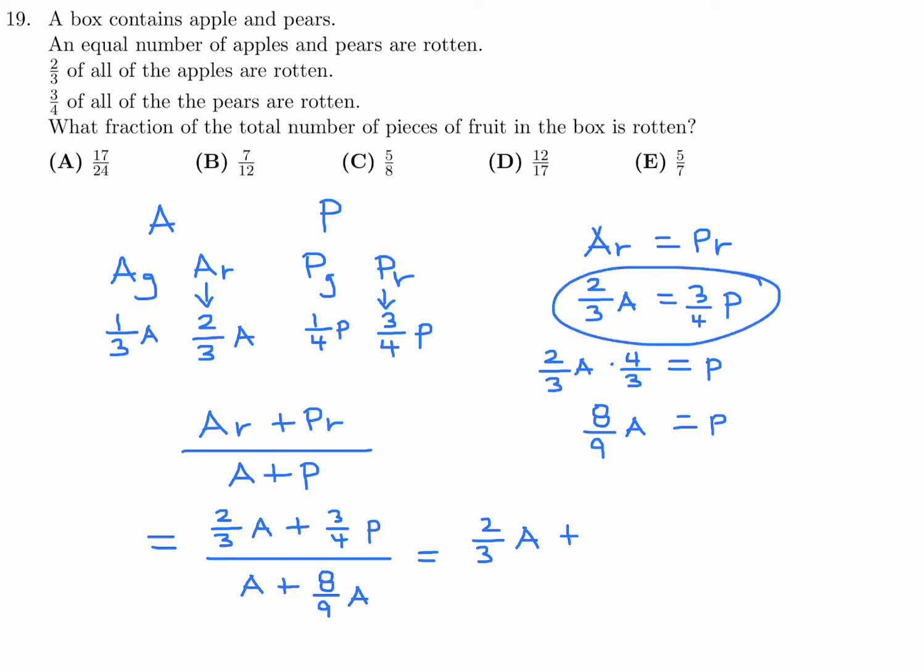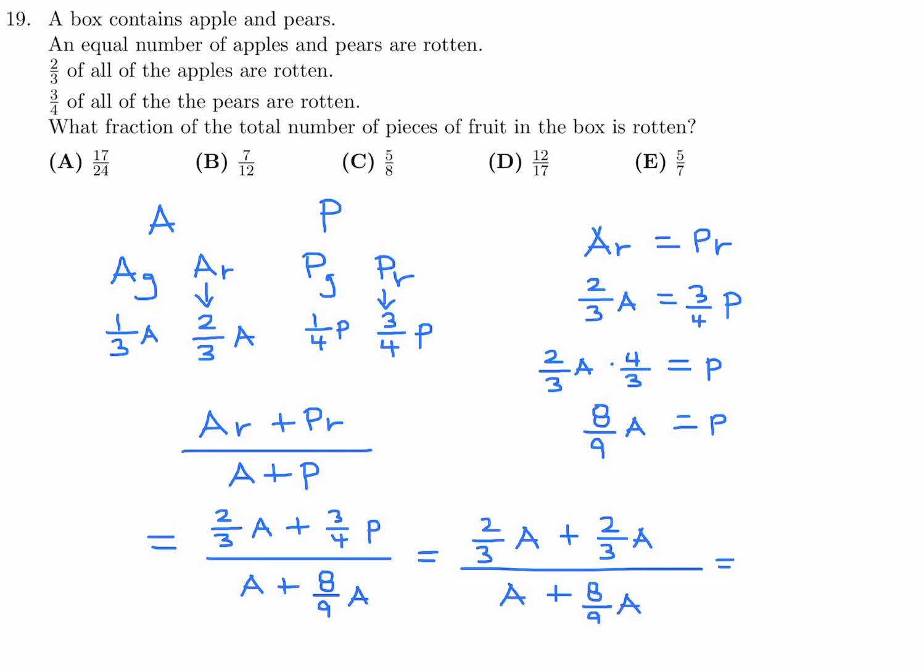This is going to help us. So instead of 3/4 P, I just put 2/3 A. Okay, got it. All right, so we got everything in terms of A. So we can get rid of the A, right? Everything is in terms of A, so that just disappears. So 2/3 plus 2/3 is 4/3. All over, we got to add this fraction here,